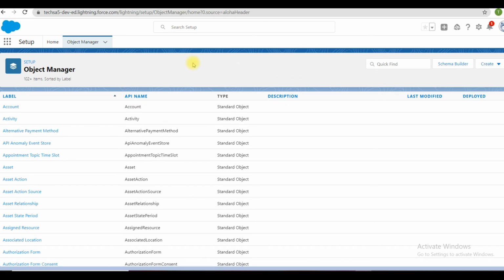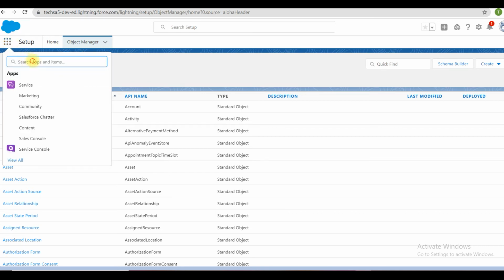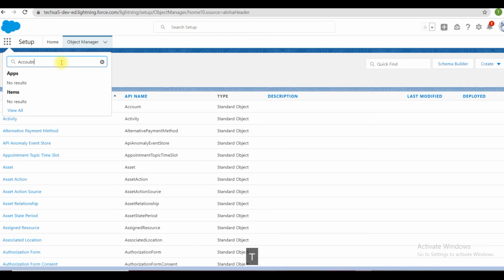Here you can also search your records. Assume you are already aware of some accounts, you can search for accounts.